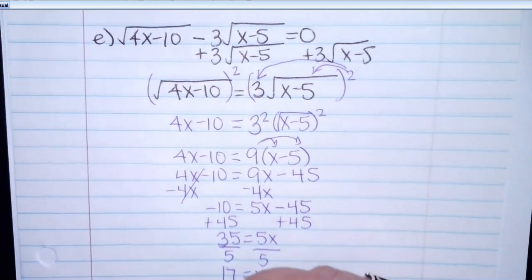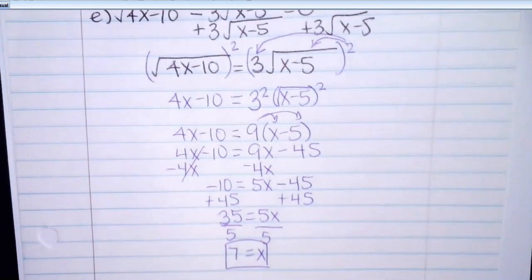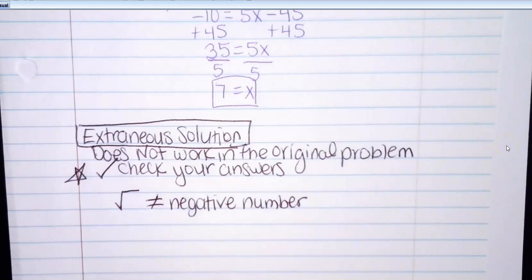And my answer will end up, oh, sorry, I'm not on screen. Answer will end up being 7. All right, on the next page, the next thing you guys are going to see is the words extraneous solutions,